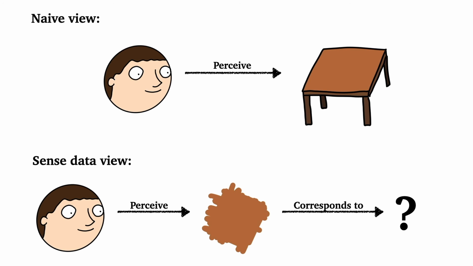The second thing, what goes in for the question mark here? Is there something standing behind the sense data we perceive, the table itself? If so, what's the table like? How do we know the table exists? Wouldn't it be just simpler not to posit the table at all? These last few questions are going to be the topic of Wednesday's lecture.